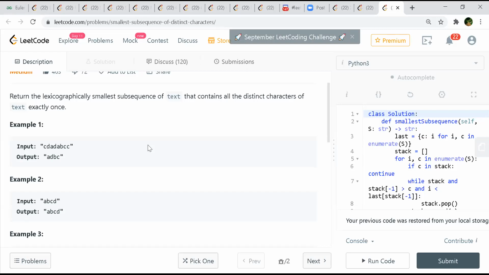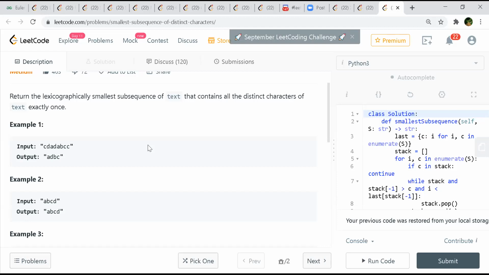So maybe we can always refer to the input string and use something like a visited array to keep a tab on what we have already used. So we might form it the way Harshit was saying, in addition to that. Because whenever we are forming a string of the unique ones, we can look at what position we are at, and based on that we can find out. Maybe I'm just thinking aloud on that.